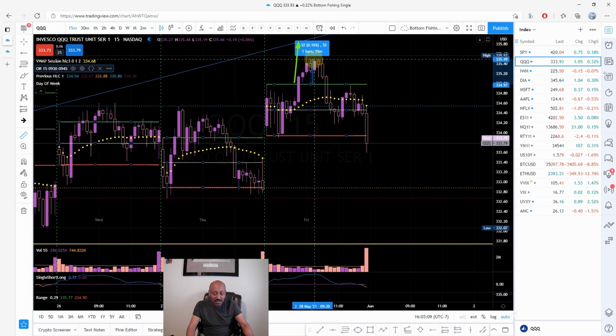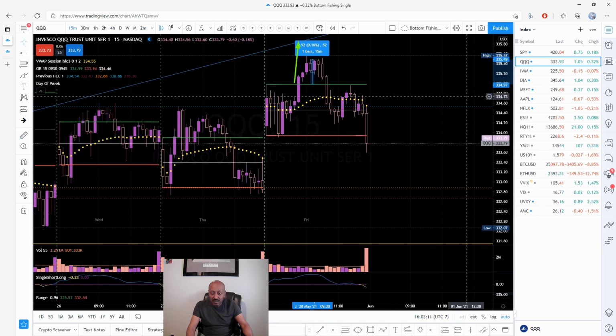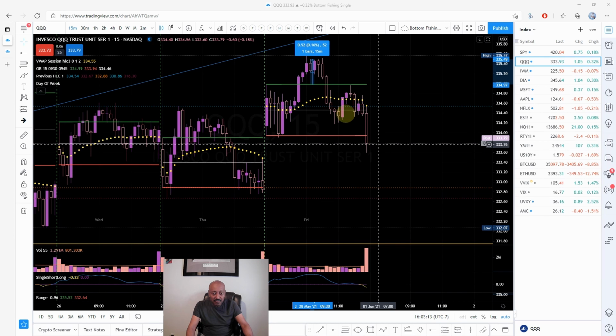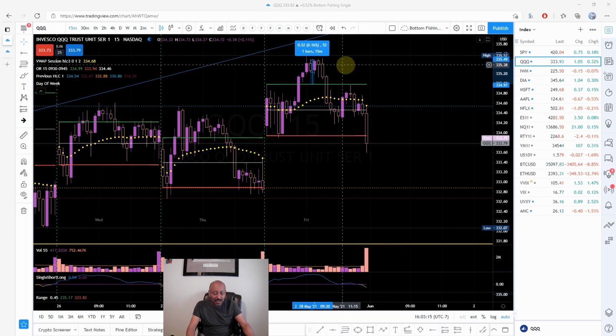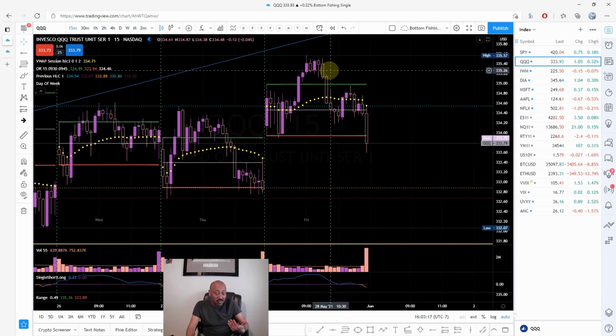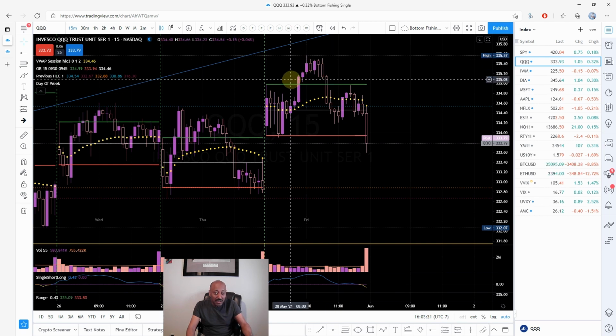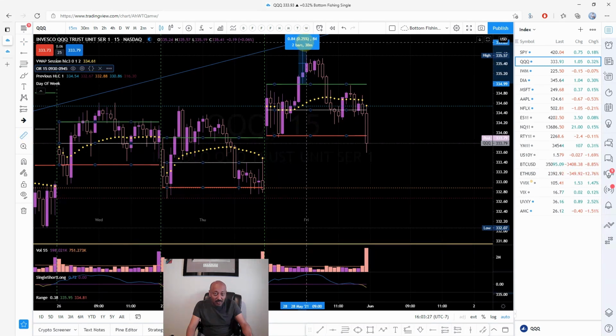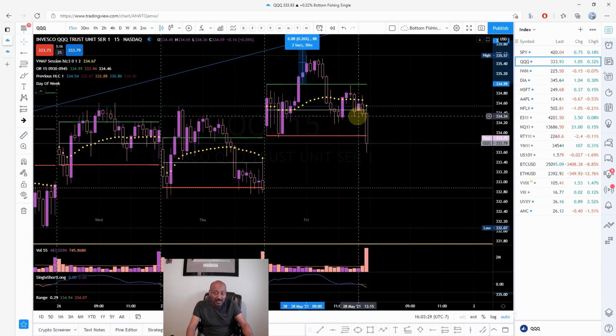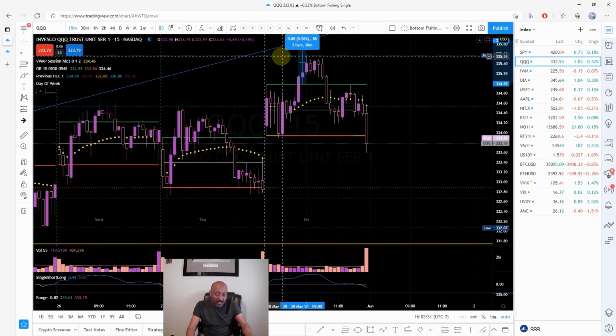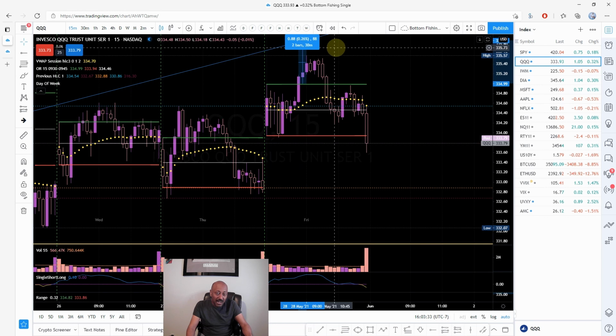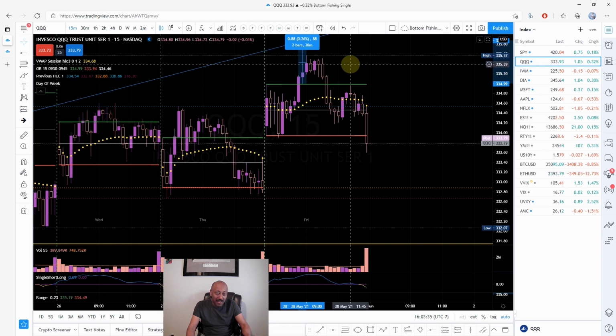So this move here, let's see, it's this 50 cents, right? So not enough for me. But I didn't know this, right? If I had entered it, I wouldn't know it's a 50 cents move. My target would have been up here, so my target would have been that dollar. I would have gotten that dollar target. It's 84 cents, but it's a trend line, so I would have gone for it all the way up there.